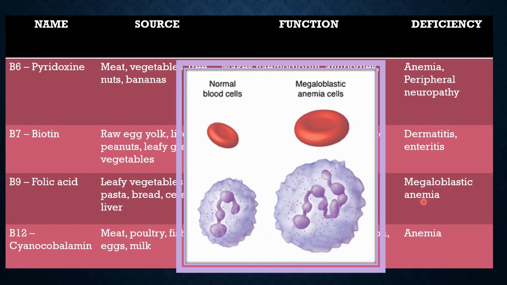What is megaloblastic anemia? See, during the formation of RBC, that is red blood cells, there will be inhibition in DNA synthesis. If the DNA is not produced, the production of RBC will not be proper. You can see the size variation. If there is variation in size, it hinders the functioning of RBC as well. This especially arises during pregnancy. So vitamin B9 is one of the main vitamins needed for the growth of a healthy fetus.